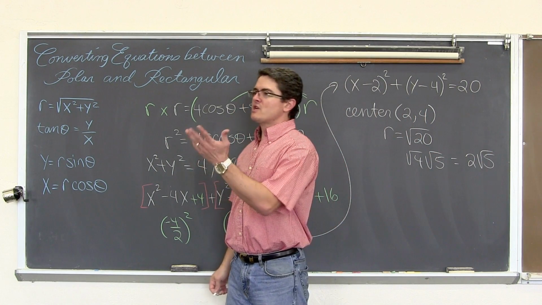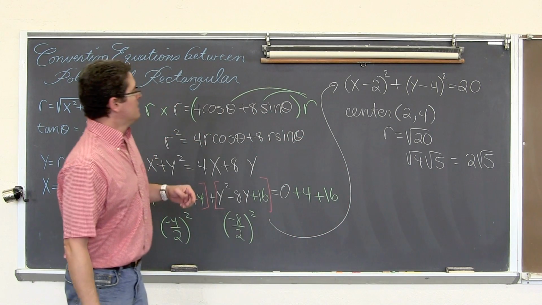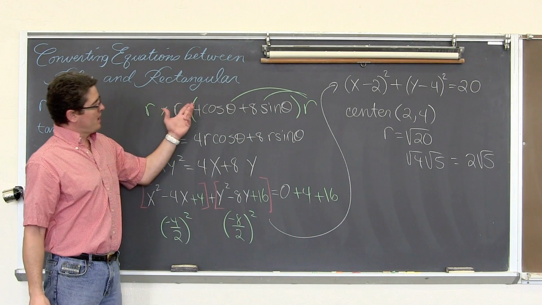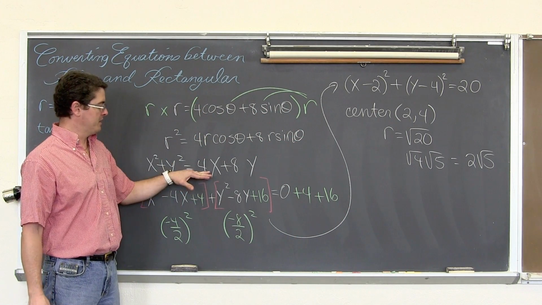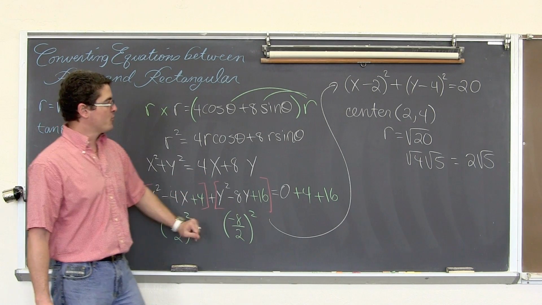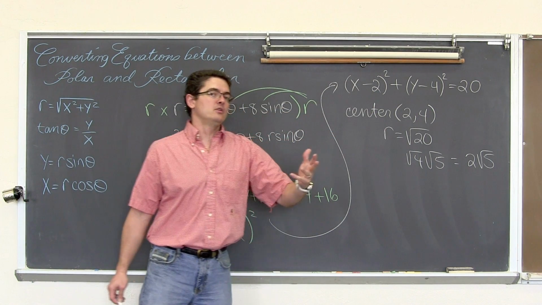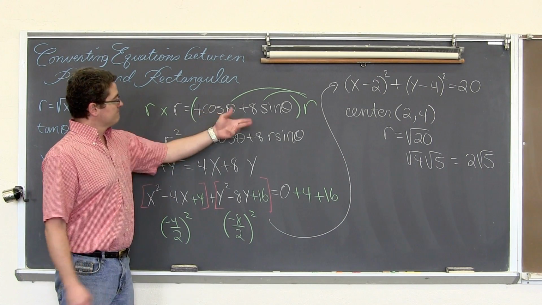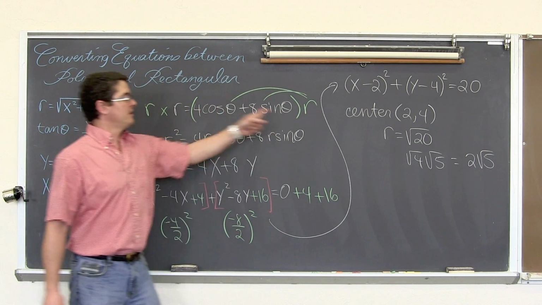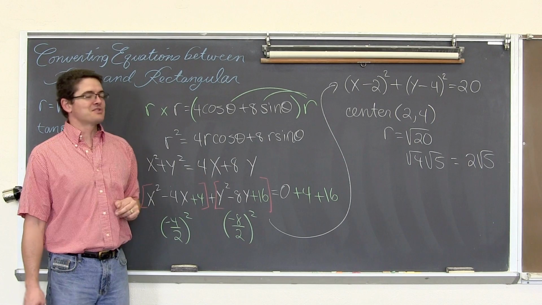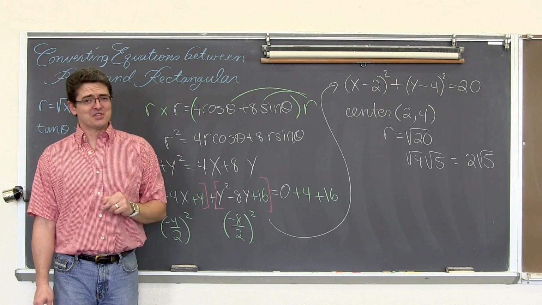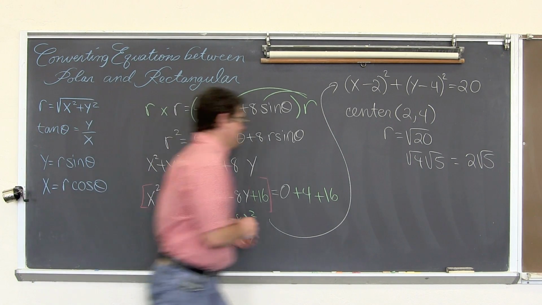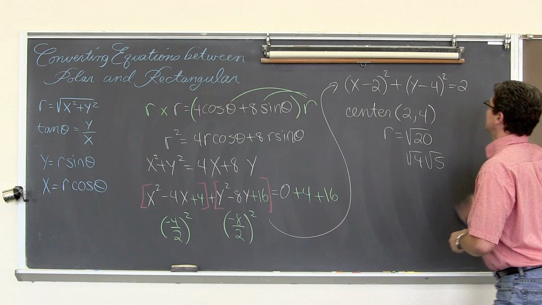So, double check my work here. Good. So we've got an equation in polar form, we've put it into rectangular form, and I did a little preview or review, depending on what you've covered in your book, of showing you that this is the equation of a circle, or at least this circle, in polar form, whose center is at 2, 4, and whose radius is 2 square root of 5. Bam! Alright, let's move on.